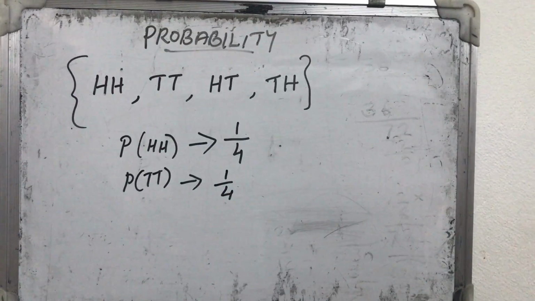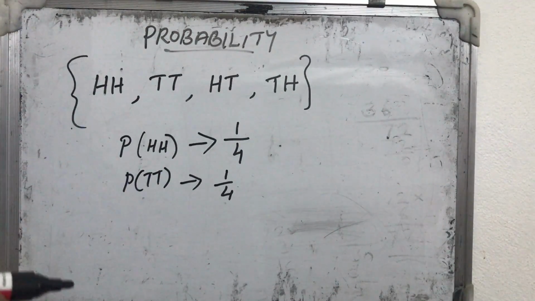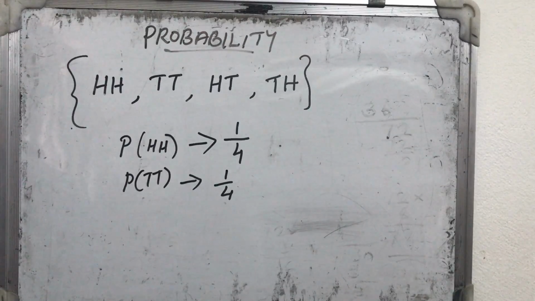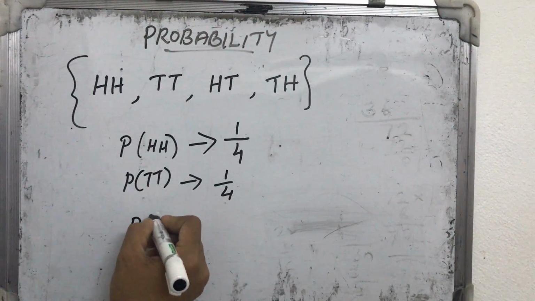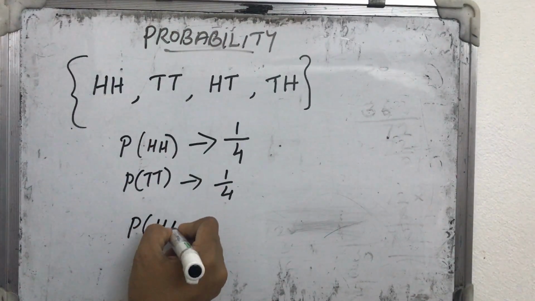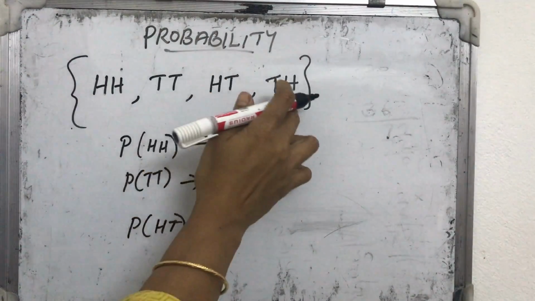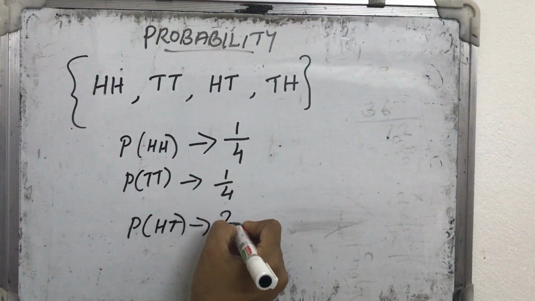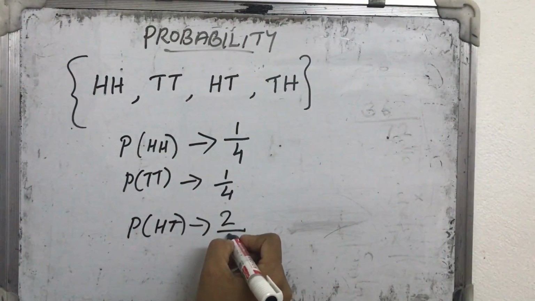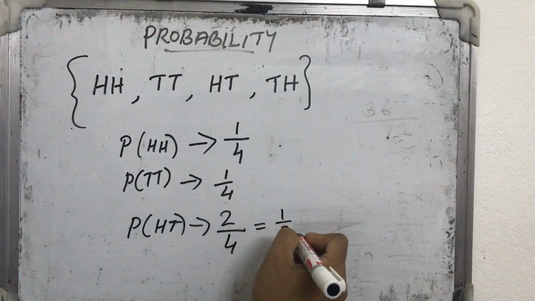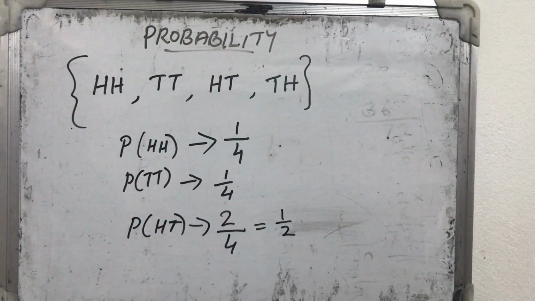Okay. Now what is the probability of one head and one tail? Its order is not mentioned. Only the probability of getting one head and one tail is asked. So anywhere we can represent it, head, tail or tail, head. Order is not mentioned here. So how many chances like that? There are 2 chances, out of total outcomes 4. So it is 2 by 4. That means 1 by 2. Okay. Now you get a clear idea about what is meant by probability.